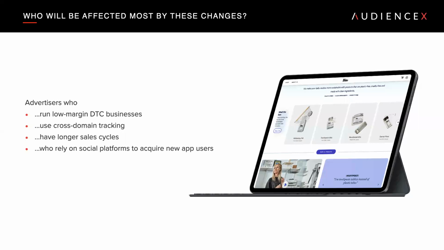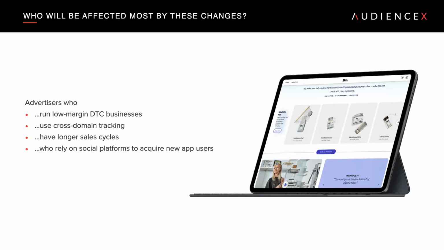So many of you may be familiar with a lot of DIY D2C entrepreneurs. If you've got a buddy who buys stuff on Alibaba and resells it on Shopify, probably running with a low ROAS in the 2s, maybe 3, something like that. Once you lose the ability to measure some of these conversions and to retarget effectively, your ROAS is going to decline, and it may go below break even. So it gets a lot harder to advertise with confidence.